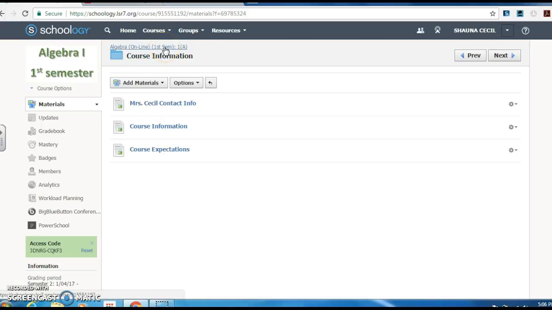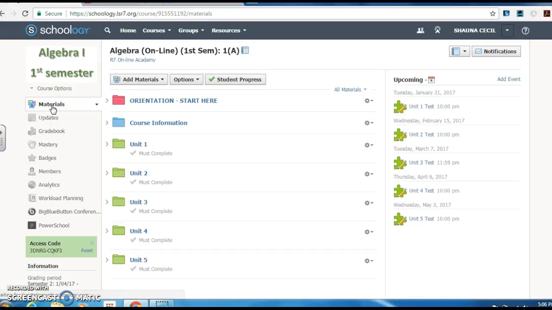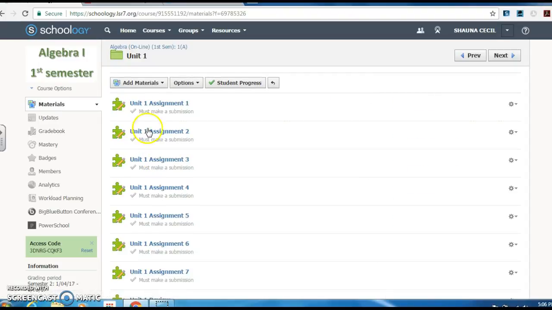So if I want to go back to the materials, I can click up here where it says Algebra Online First Semester, or I can go over here and click on materials there, and that will take me back. So these are my units, and this is where my assignments are going to be. If I just look at Unit 1, it starts here with Unit 1, Assignment 1. If I click on it,